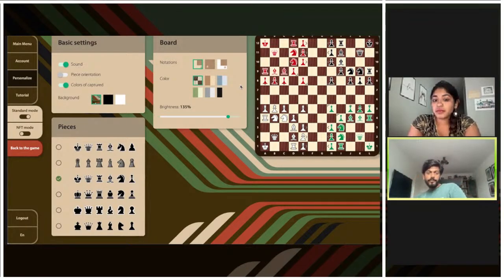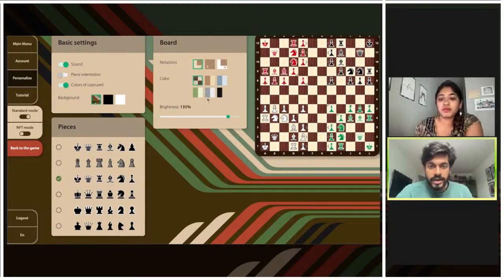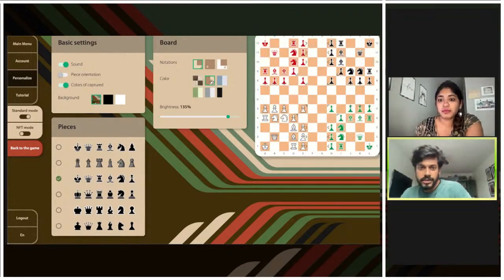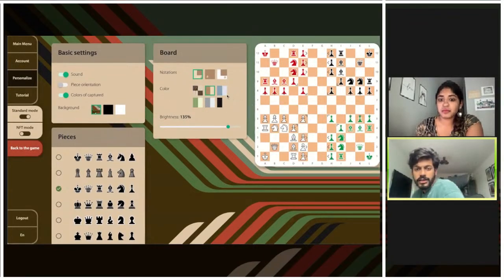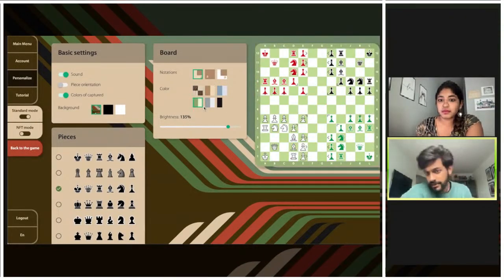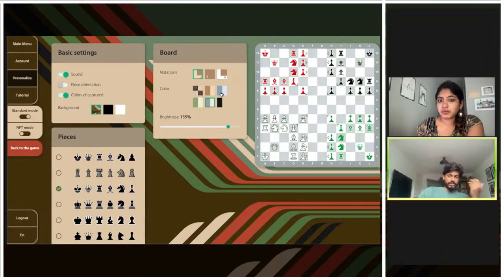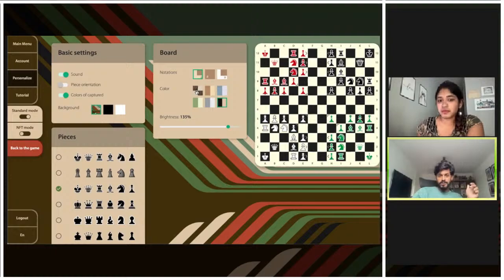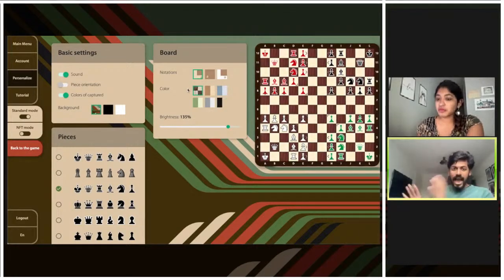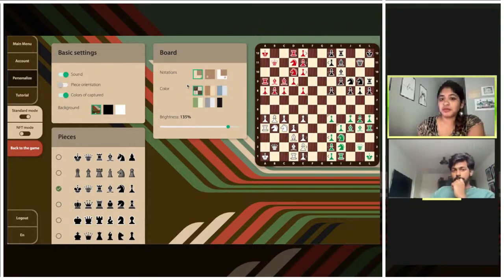But there are a bunch of other color patterns. For example, the tan and brown, which is right next to that, is I think what Lichess uses by default. The green and the super light lime is what chess.com uses. You've got the gray and the blue, so it's basically a set of different options. Again, we're just trying to give people as much as possible in order for them to find what works for them.